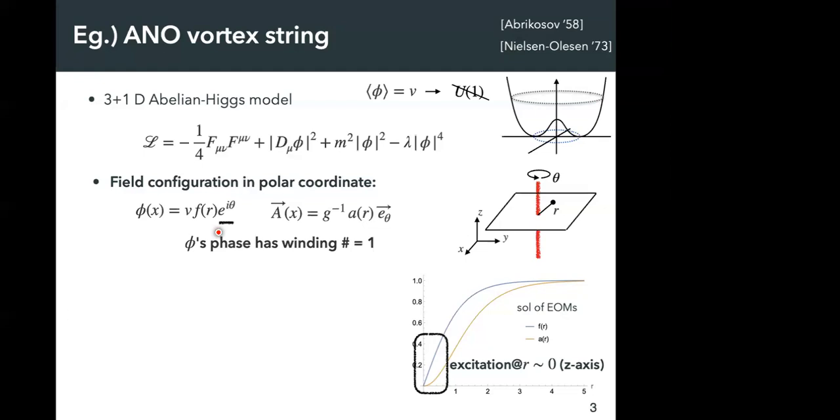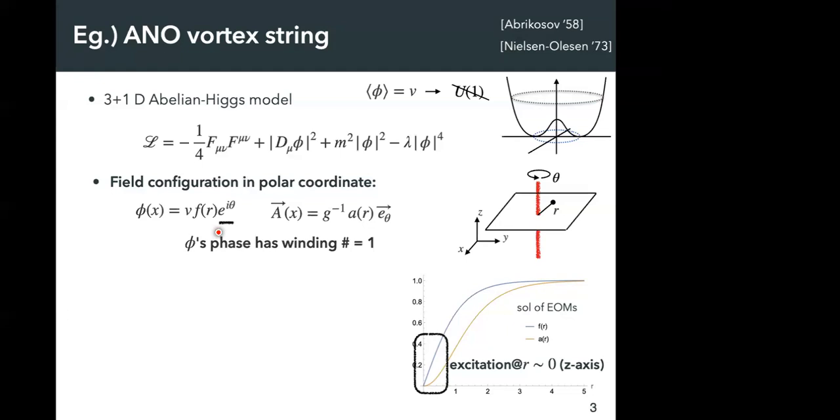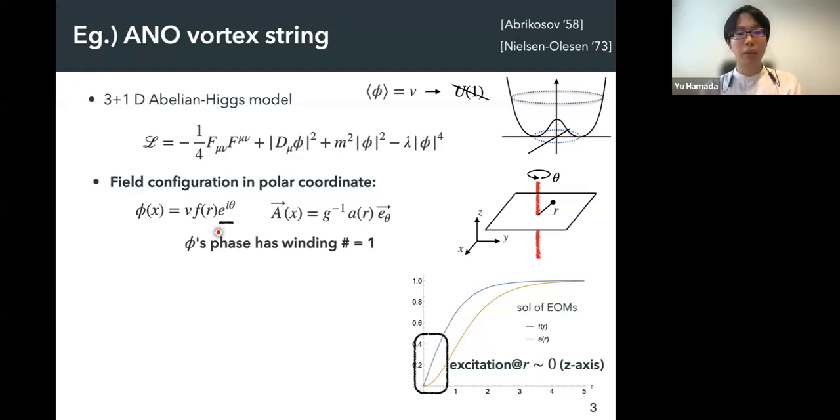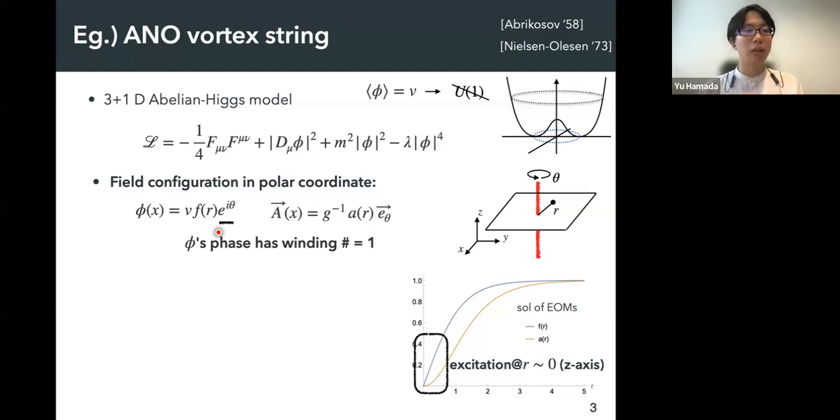So my question is, now you are considering a kind of special configuration of field. Yes, now I'm just concentrating on some static configuration which doesn't depend on t or on z. So we are looking for static configuration. Afterwards, we can, for example, consider some motion of the object. Then the configuration does depend on t and z and so on.